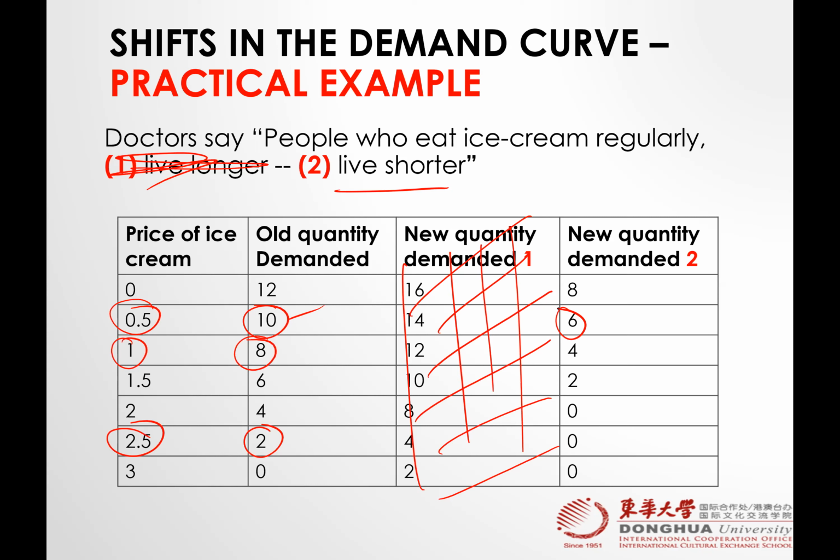And he's now confused because he didn't change the price. Price is the same, 0.5, but quantity demanded has decreased from 10 to 6. Similarly, at 1.5, quantity demanded from 6 to 2, and at 2.5, 3, the quantity demanded has changed to 0. Does price change? No. Some other factor. We call that shift. It means the demand curve we have to make